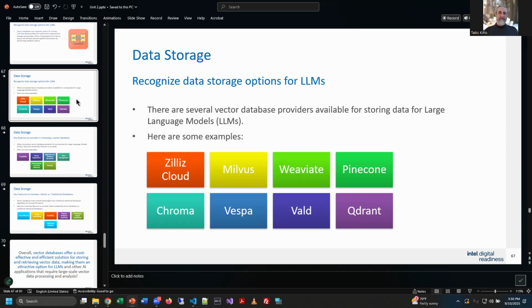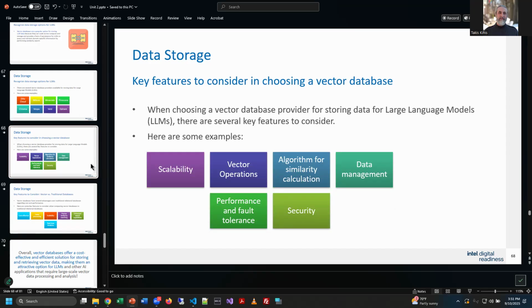But these companies here are database providers that provide vector databases online, and a lot of large language models are stored on here because they're designed to do it, right? And these are names you probably have never heard of unless you're working in the field of doing large language models, right? But these are systems and database providers for doing vector databases.